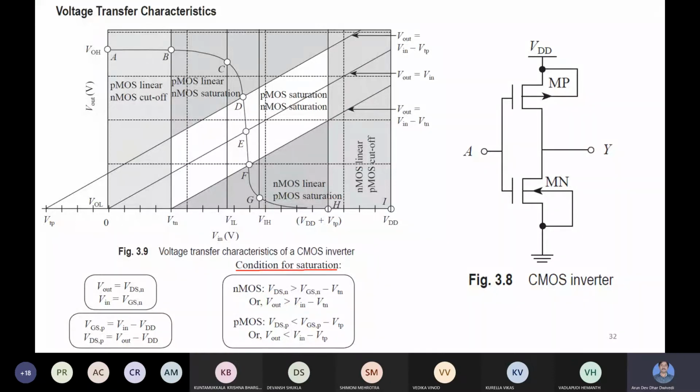Currently, we are in module 3, which deals with the various inverters, especially the CMOS inverter, its DC characteristics, also transient characteristics, and some delay calculation methodology, power dissipation calculation methodology. All power dissipation we will discuss in a later part. So VTC plot and transient plot we know, and how to calculate various critical voltages like VOH, VOL, VIH, VIL. Also we have gone through that, and voltage transfer characteristics we have already seen.